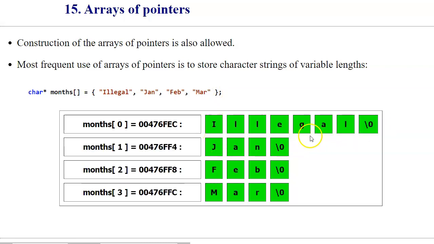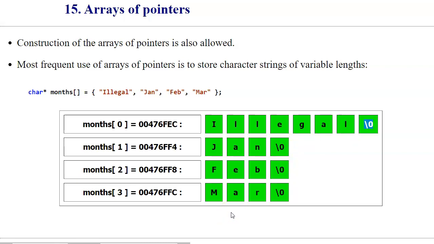And of course, when each single one of these string literals is allocated, a 0 terminating character is appended to the tail of these strings. So here we go. You can see these zeros at the tail of